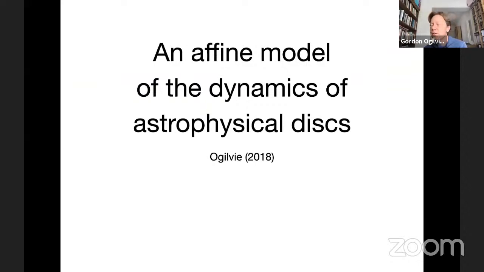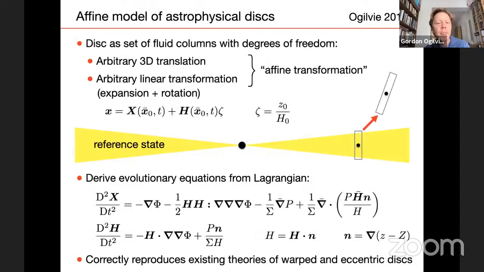Finally, I just wanted to mention this affine model that I worked out, which I think has potential to address some of these situations. It doesn't address the small-scale instability, but it could be useful for long-term simulations in which that doesn't occur. This is motivated by the fact that for decades people have used two-dimensional fluid equations to represent thin disks, that is, ignoring completely the vertical dimension perpendicular to the disk plane. And that's actually very difficult to justify.